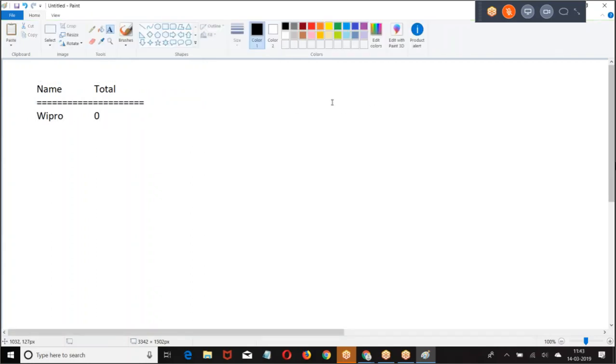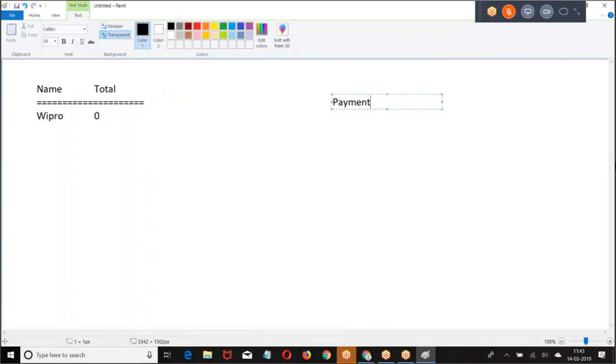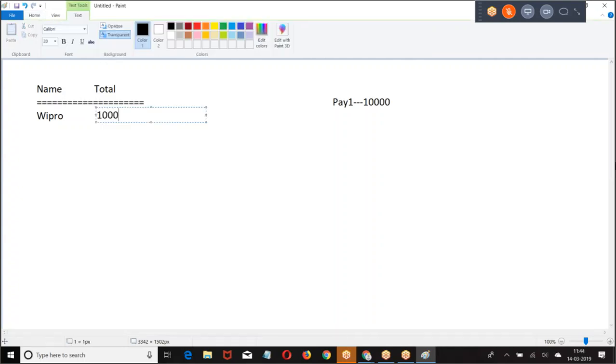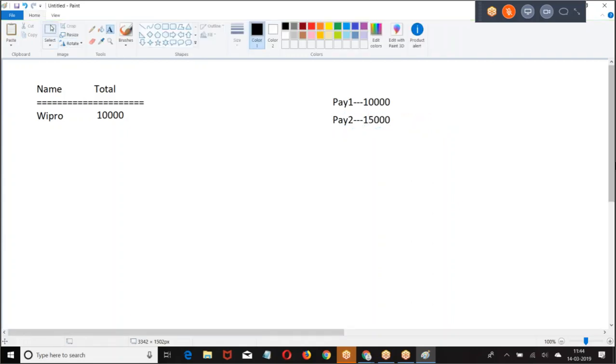Otherwise, let me give one more use case. Total 0. Now I created payment 1, 10,000. When I create a new child record, sum of the amount, so 0 plus 10,000. I added one more payment record, then 10,000 plus 15,000.